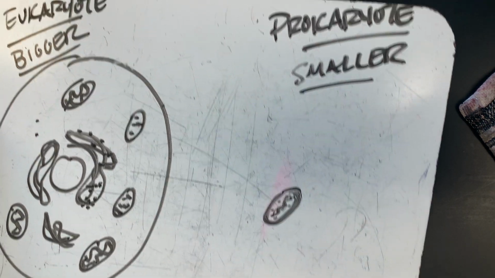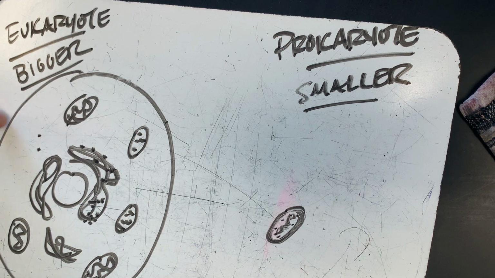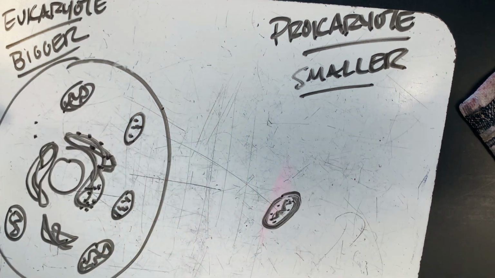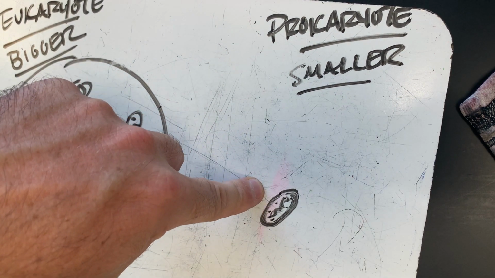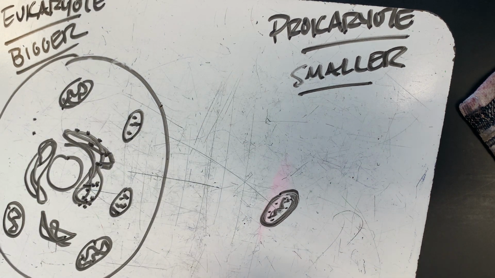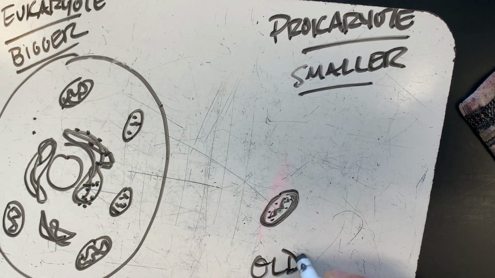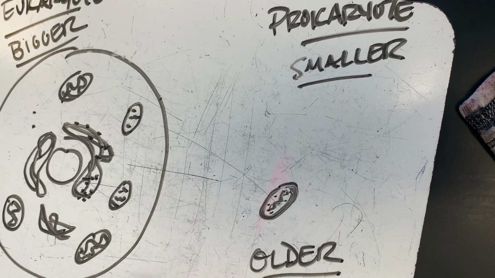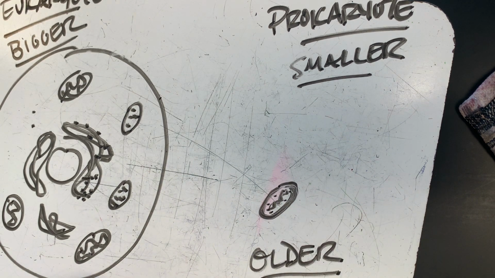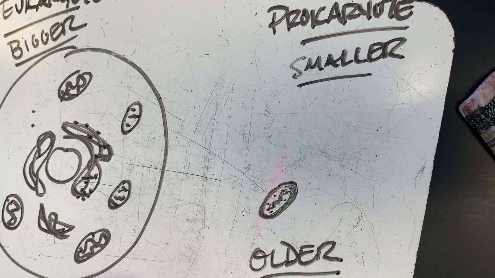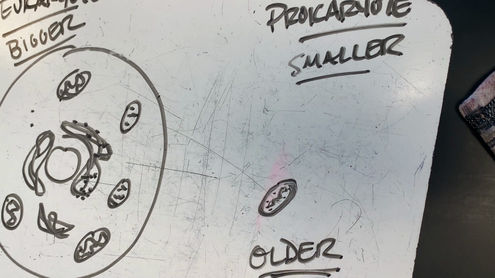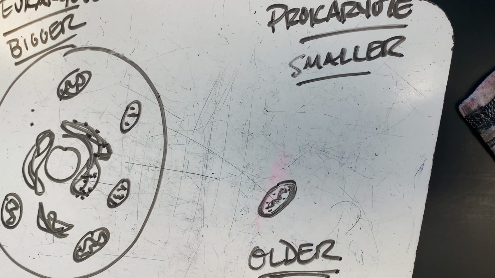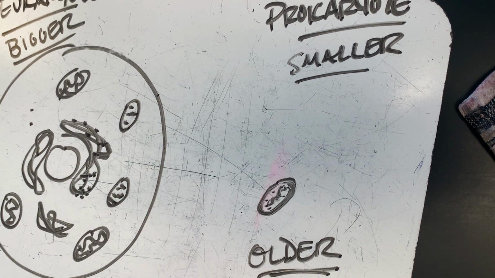That's the reason we found out about these guys first. We learned about these eukaryotes first because they were bigger and technology wasn't sufficient enough to really see these very easily. So we discovered eukaryotes, and then later we discovered prokaryotes, even though prokaryotes came before. So these are older. These have been around a lot longer than eukaryotic life. Eukaryotic life hasn't been around near as long as prokaryotic life. In terms of time scale, these are more recent. These are much older. This is ancient life. It's still here. I mean, obviously we still have bacteria, but these evolved and came about a lot later.